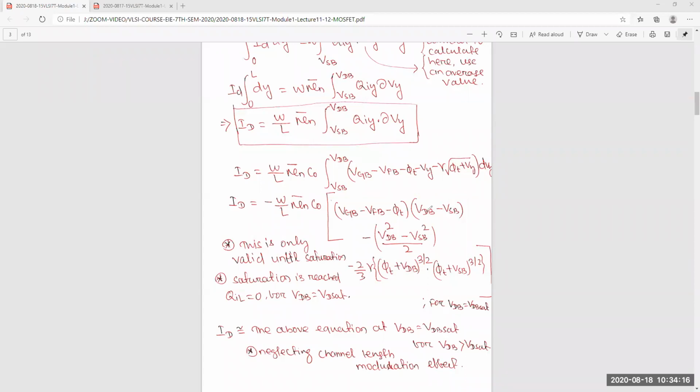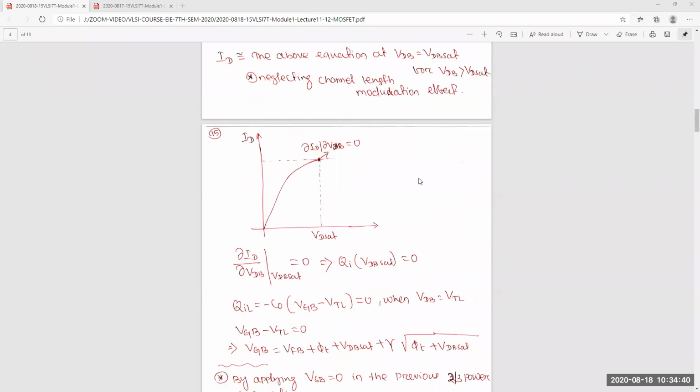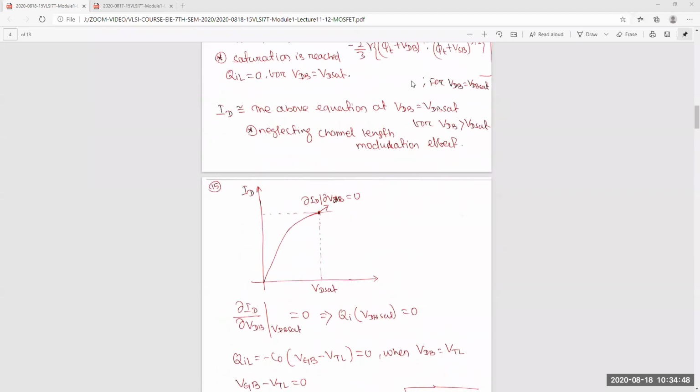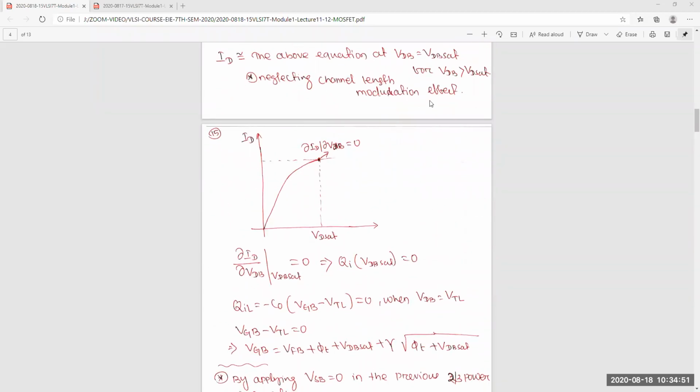Yes, sir. Okay. So I'll say here, if you understood up to this point, just do the integration. This is one part, this is a linear part. Okay, this is another part. So are you getting these things or not? Okay, so do this integration. This is the idea for that 3/2 power law equation. By using that, you will get this type of curve.